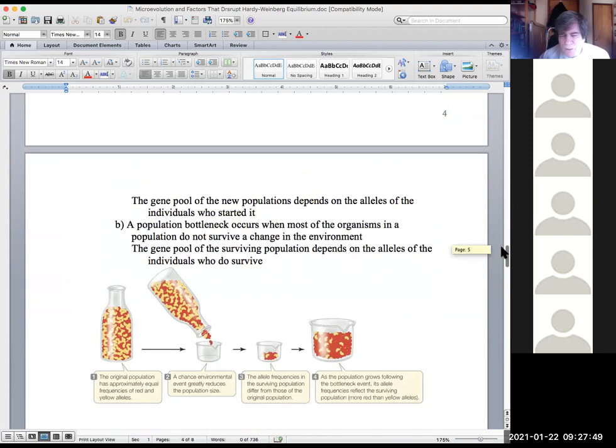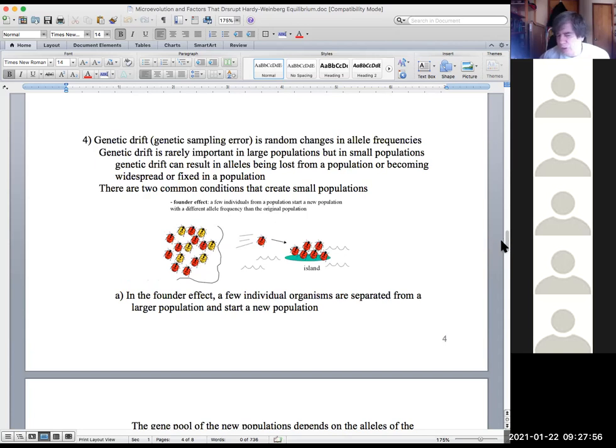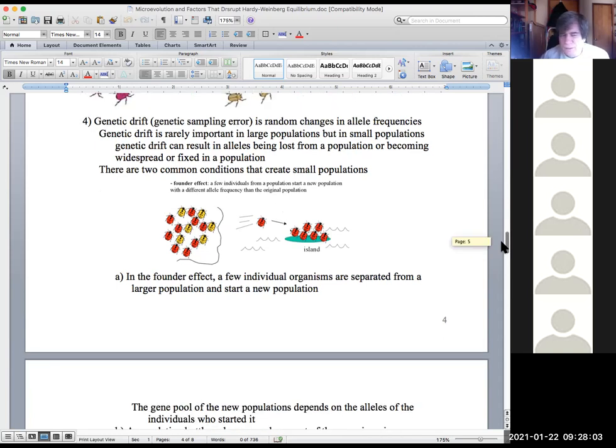So the last topic we were discussing was different aspects of genetic drift, which is sometimes called random genetic drift or sometimes called genetic sampling error. And basically genetic drift is something that's important in small populations. It's not crucial in large populations. So when we think about genetic drift, what we want to think about is in nature, what conditions create small